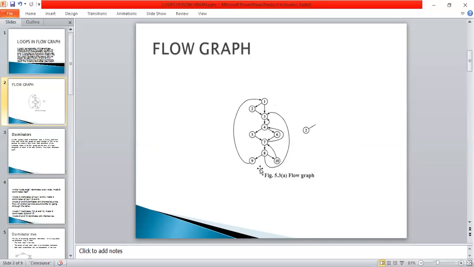Here, observe nodes 9 and 10. From root 1 to 9, information is passed through 8, and similarly from root 1 to 10, information is passed through 8. We can say that 8 dominates 9 and 10, and similarly 9 and 10 dominate themselves, because we can transfer the information via 1 to 10 or else 1 to 9. So this is called a dominator.